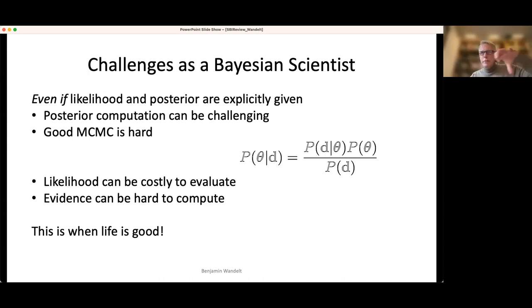And if the shapes of these distributions are a little bit more complicated, that also makes it hard to sample if you use Markov chain Monte Carlo. So the likelihood can be costly to evaluate. And then there's this: if you want to compare different models against one another, then there's this fourth member of